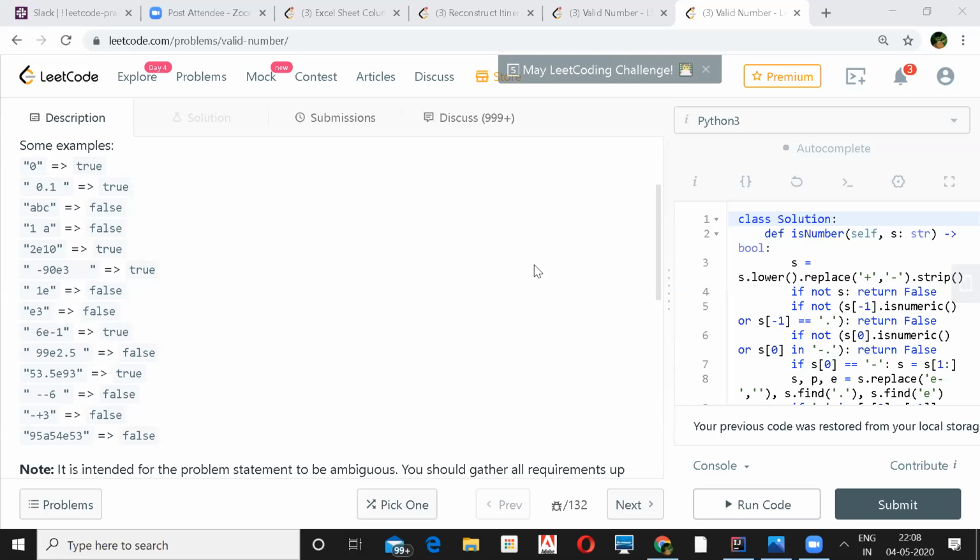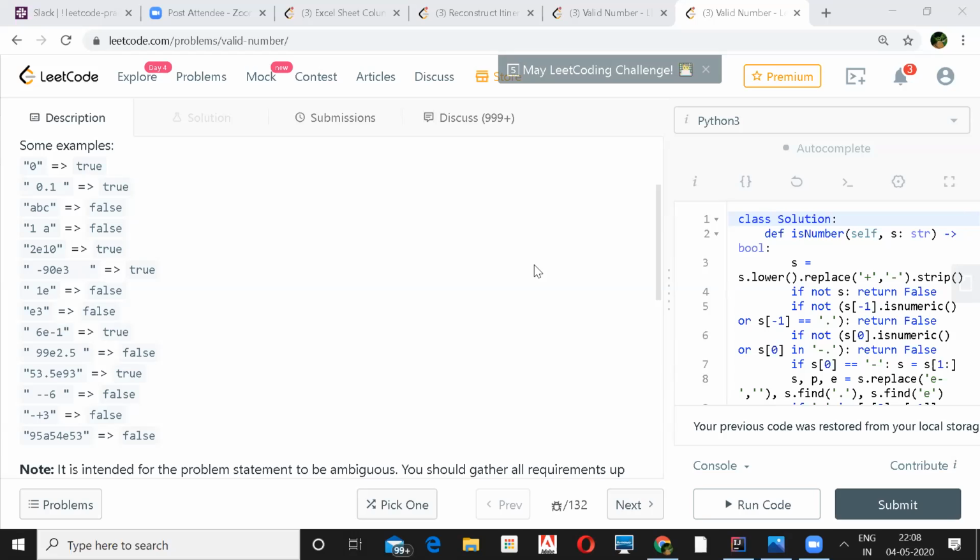I tried to implement it with string parsing. Out of 1400 some test cases, 1300 of mine are passing. So maybe just one or two edge cases you have to go through. Somebody said that 3 dot is also a valid number.